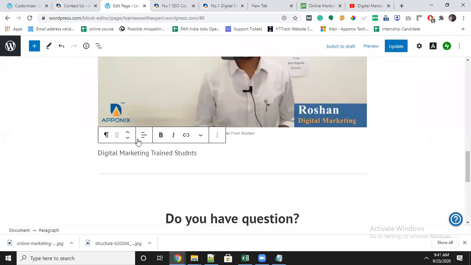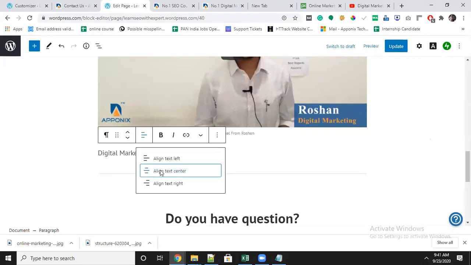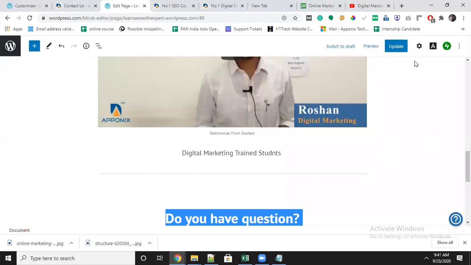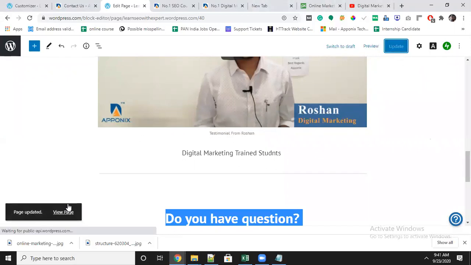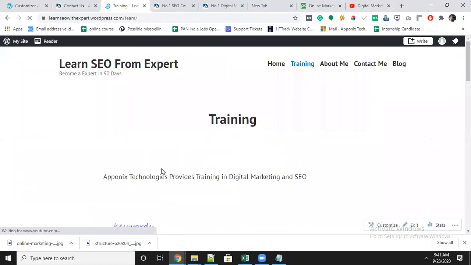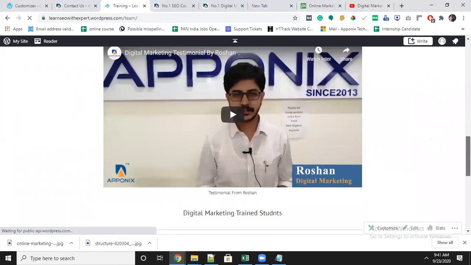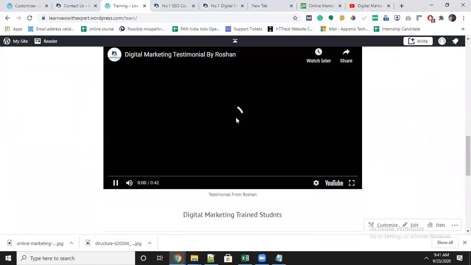If you want to align it, here is the align option. They made everything user friendly. No need for coding skills or anything. Just use it as per your requirement. You can design it and do it also. You can see the block.